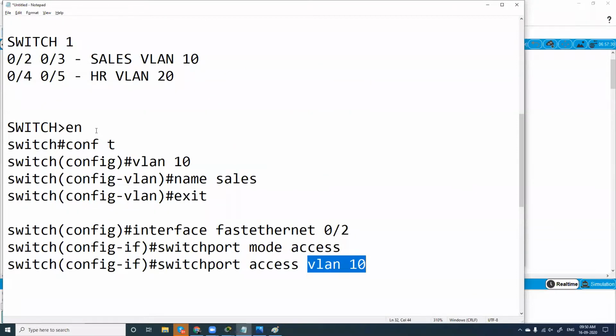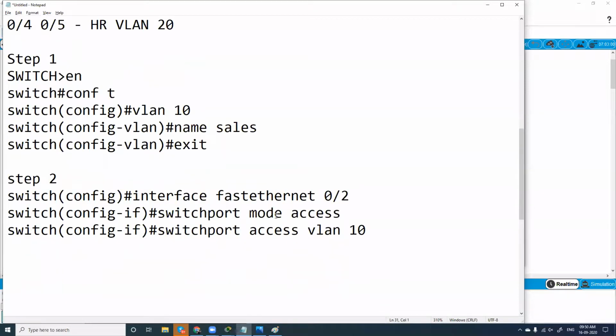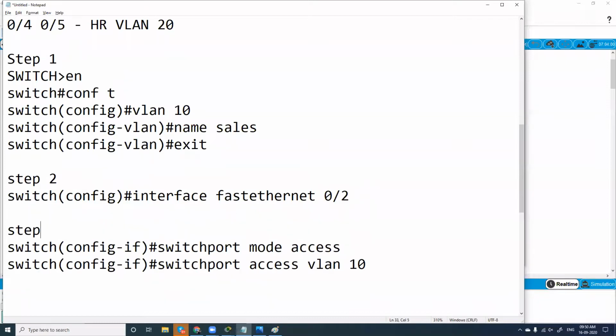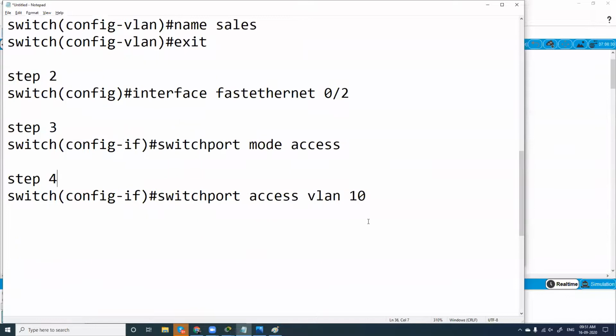So this is step 1, this is step 2, configuration is step 3, and this will be step 4. But you'll be doing this continuously, one after the other.